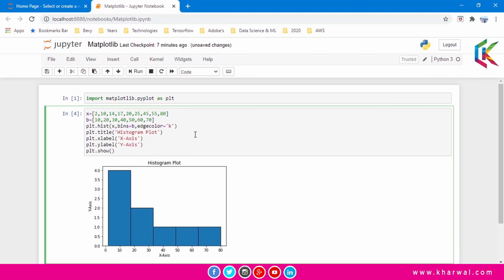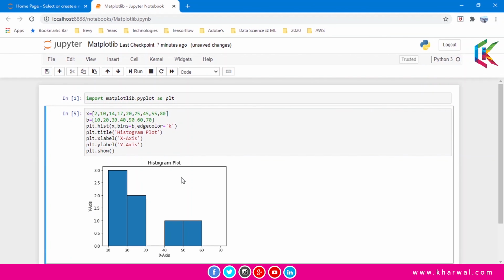Now if I run this script, it will give you the histogram plot like this. So 3 numbers are between 10 and 20, and 2 numbers are between 20 and 30, and it looks like there is no data between 30 and 40, and so on.